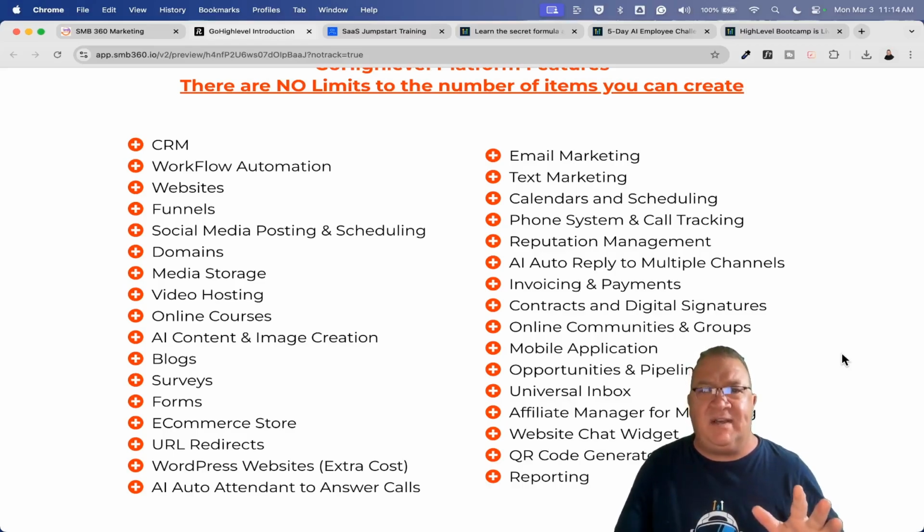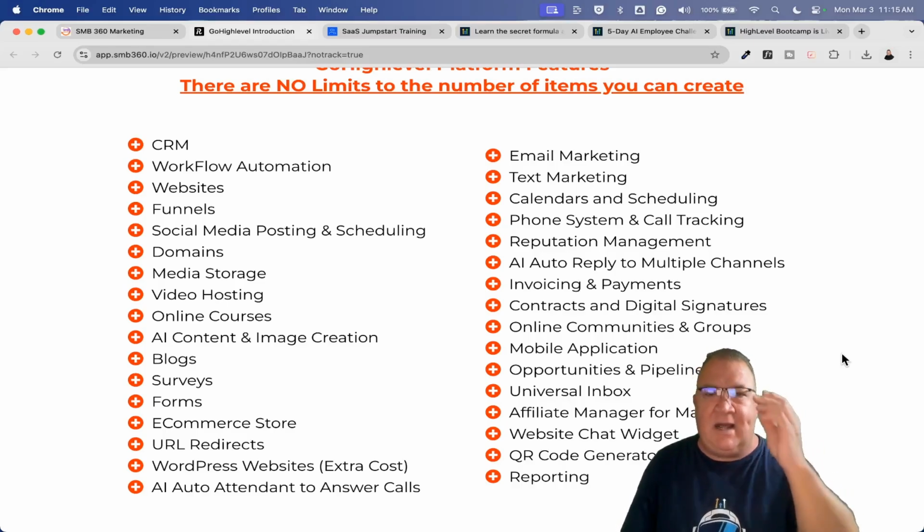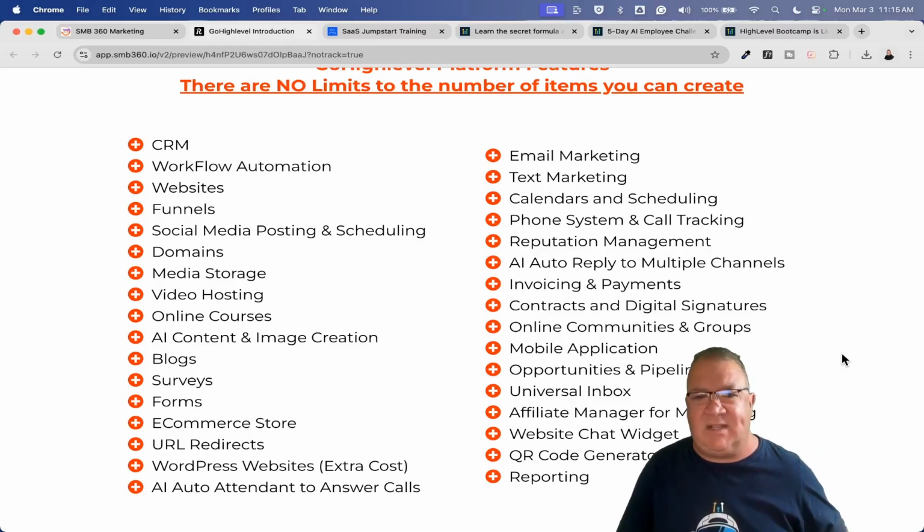Okay. Now, of these, you don't necessarily have to know all of them. You don't even have to implement all of them. You really just have to sit back and focus on what you want to do inside of the Highlevel platform. And then once you decide what you want to do, focus on those feature sets inside of Highlevel that really can accomplish that goal and what you need to work with, and just master those. That's it. Now, again, how do you learn that? We'll get to that in just a second.